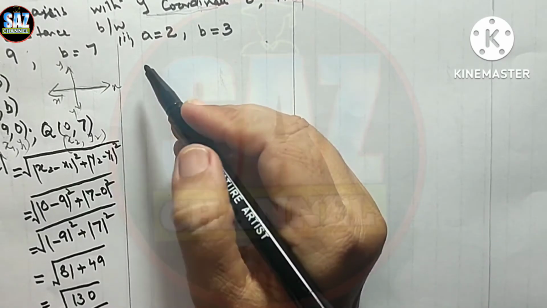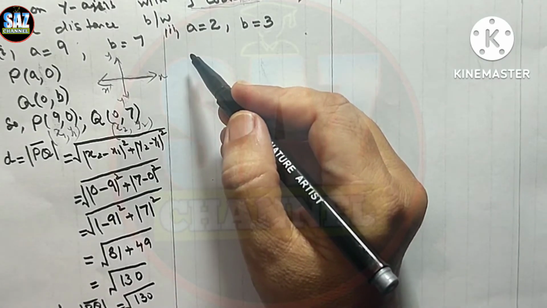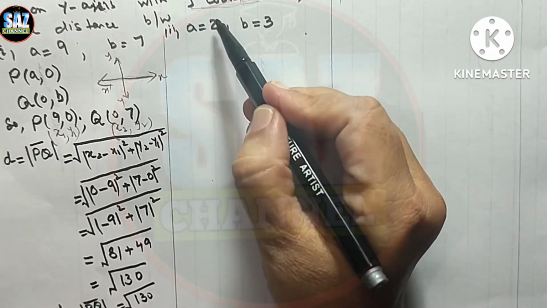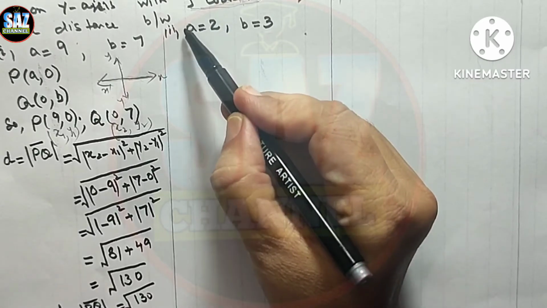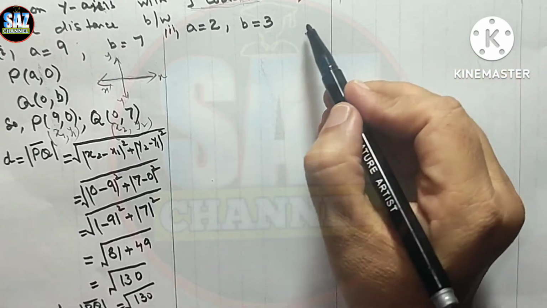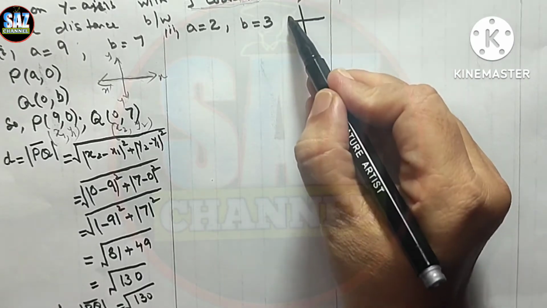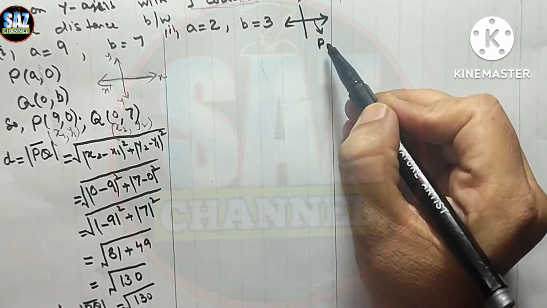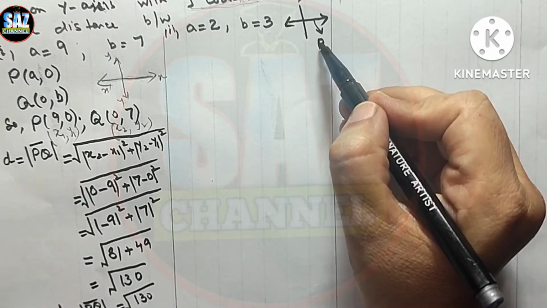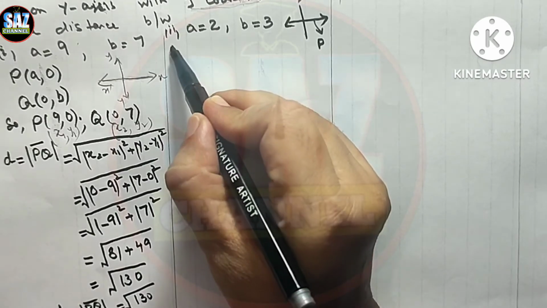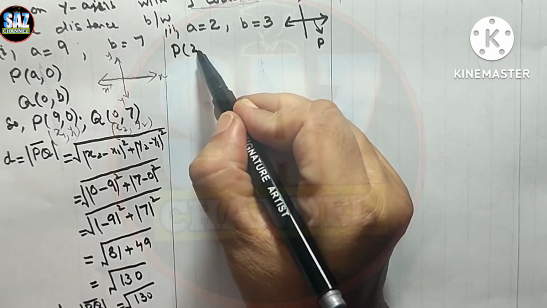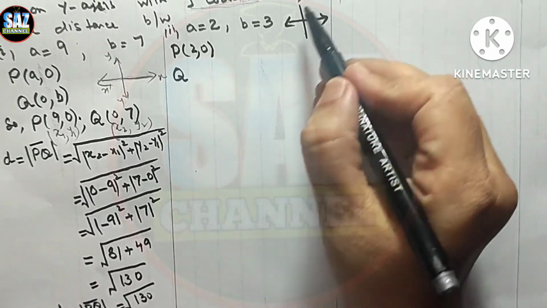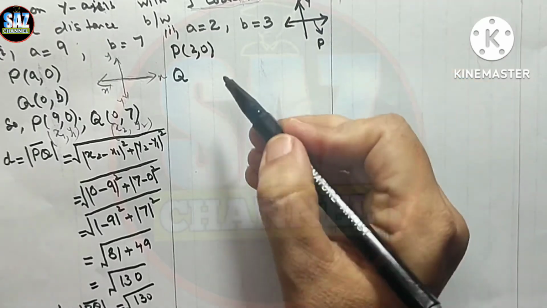Okay, now in the B part, A has the value 2 and B has the value 3, and we know that A is actually what, students? A is actually P, and where is P? P is on which axis? Recall, P is on x-axis, and if P is on x-axis, then what will be the coordinates of P? P will have the coordinates 2 and 0, and Q will have the coordinates, and where is Q? Q is on y-axis, 0 with 3,